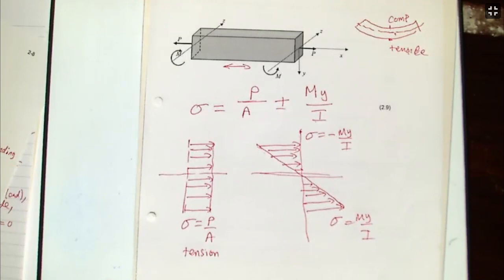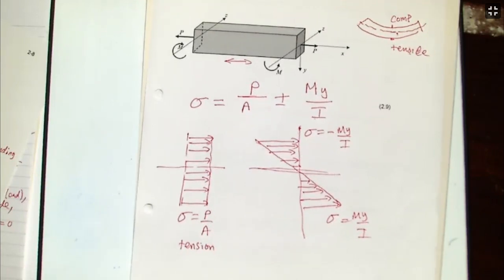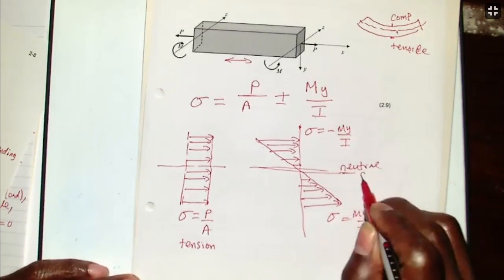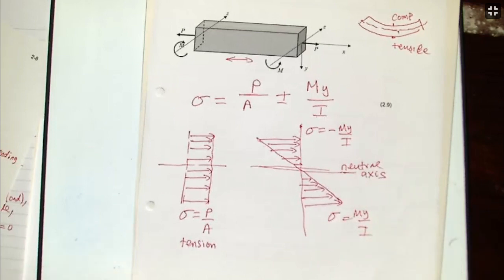But these two loads are basically acting together. So this is our neutral axis. Like I said, that is a neutral axis. So the neutral axis is the axis along which there is no bending stress. Okay, so